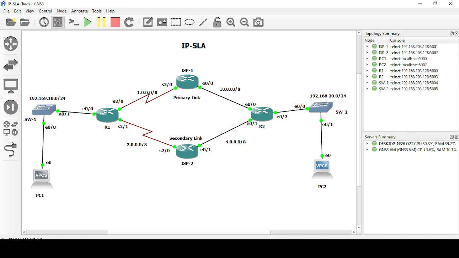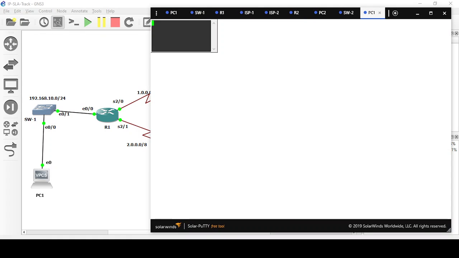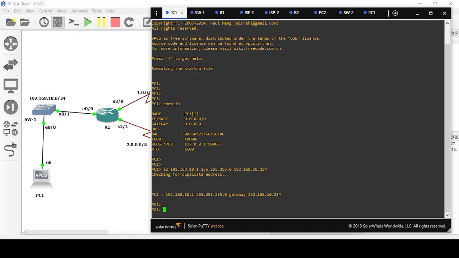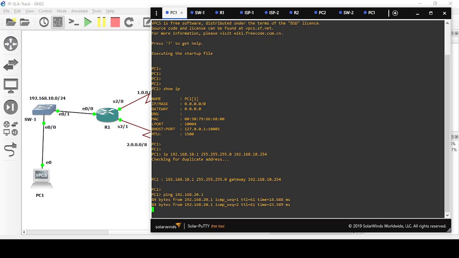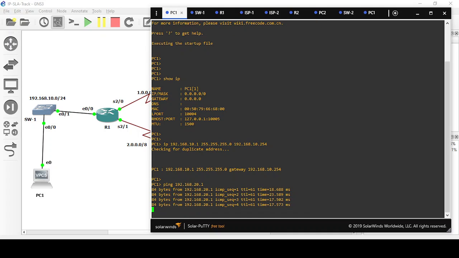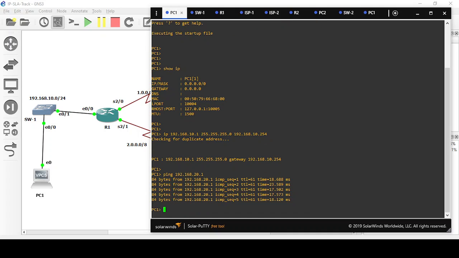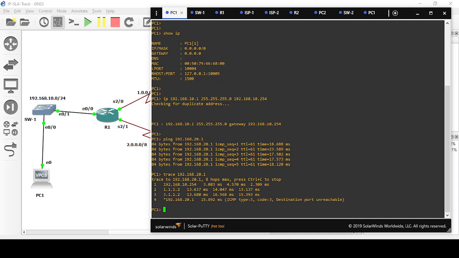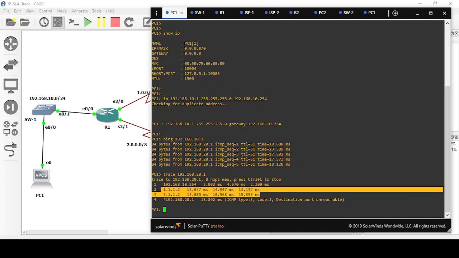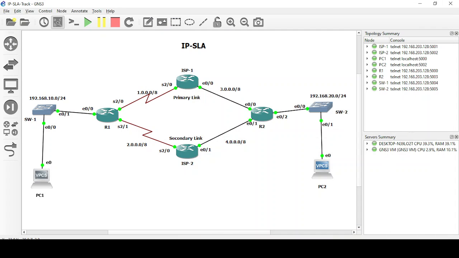Let us check the accessibility. Ping 192.168.20.1. It is accessible. Let us check the trace route. Trace 192.168.20.1. It is following the primary path. Similarly,